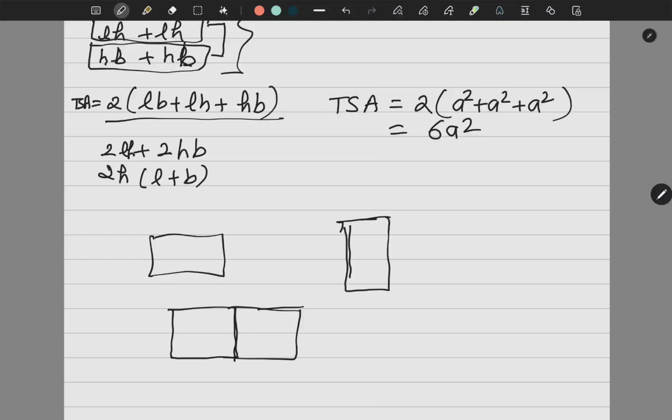Now let us start with our questions. Or before questions, let me give you one simple task, to see whether you understood or not. See now, as I said, I can change the orientation and ask you. Now I will talk about the surface area. Suppose you have two cubes of sides B each. If you join both the cubes, what will be the surface area of the cuboid?